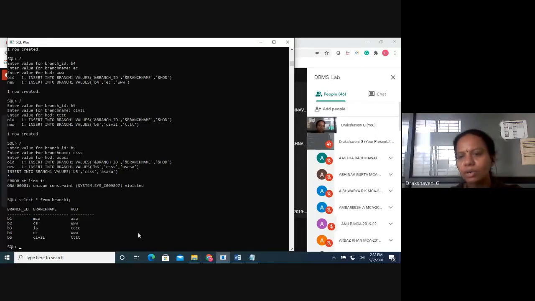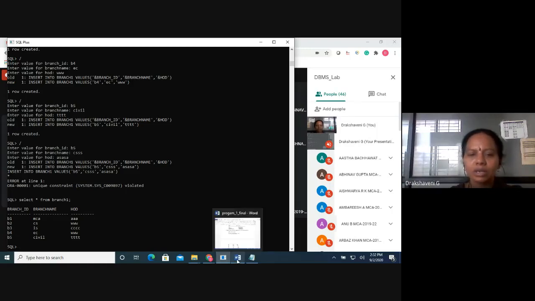So what did we do? We created the table, and after creating it, I inserted one complete table's values, the table branch. It is not restricted to only 5; you can enter 10 also. No one is asking you to stop. Just for our practice, I stopped. You can keep entering. So this table insertion is over, and we have inserted 5 values.